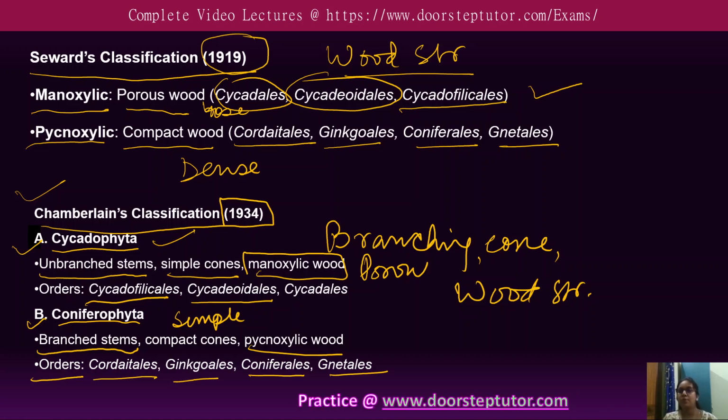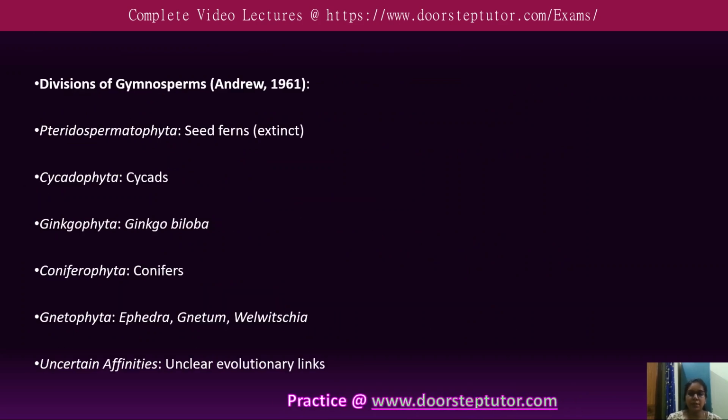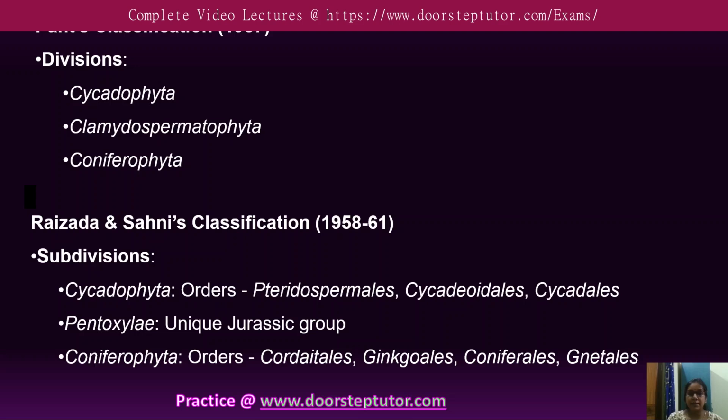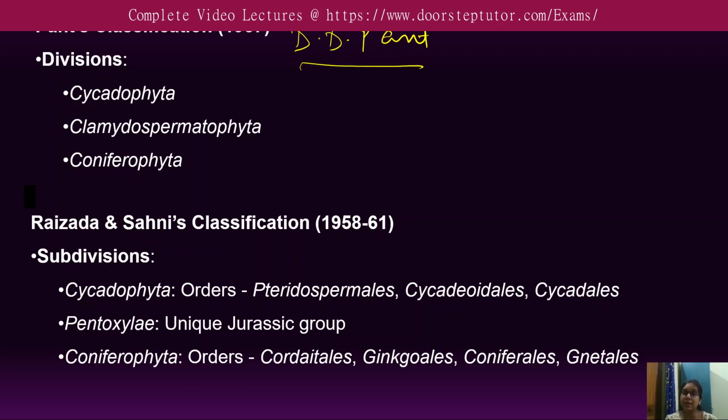Let's see what the more classifications are. For example, the Pant classification. The Pant classification, that is, D.D. Pant classified the gymnosperm, as well as Rai, Sahni, and Sahni classified the gymnosperm, and he proposed the classification